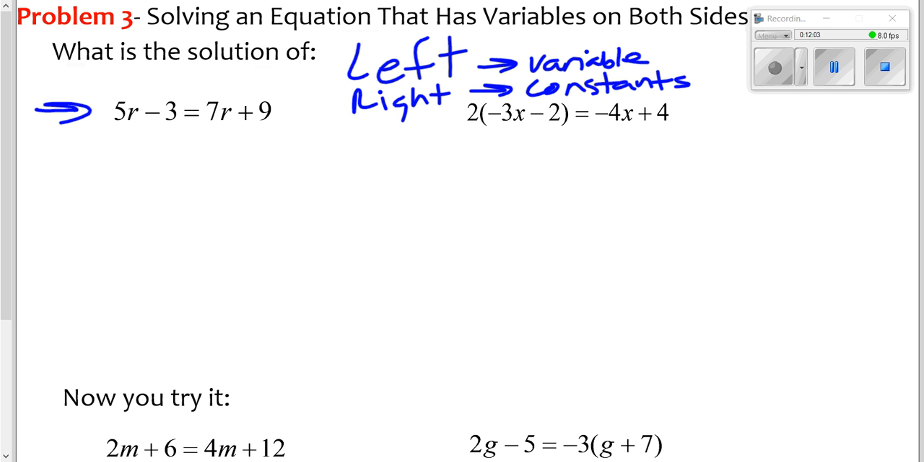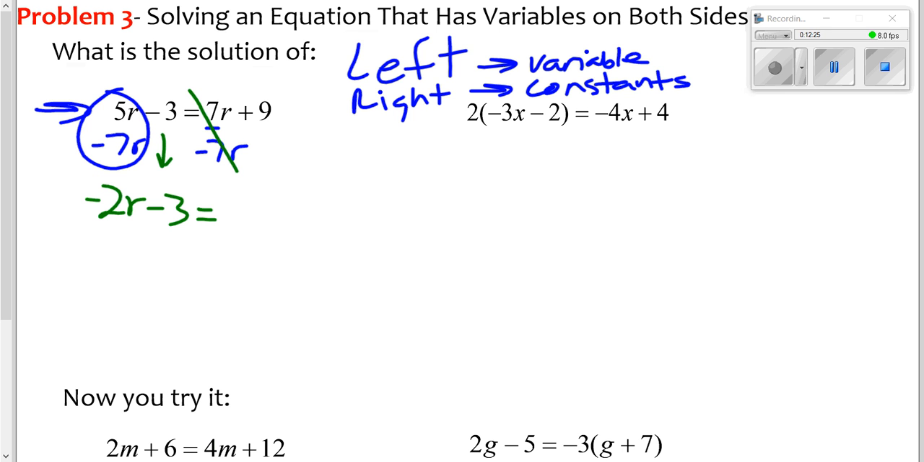So this 7r right here is a positive. So to undo it, or its inverse, is to subtract it. Okay, so 5r minus 7r is going to give me negative 2r. I'm going to bring that negative 3 down because I couldn't really do anything with it. These went away, and it left me with 9. Okay,